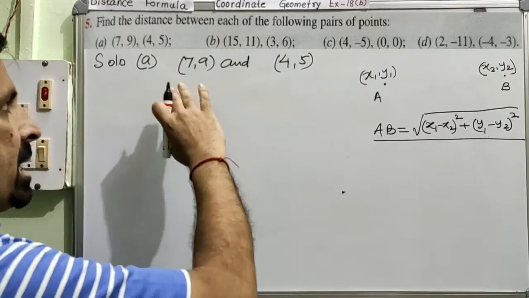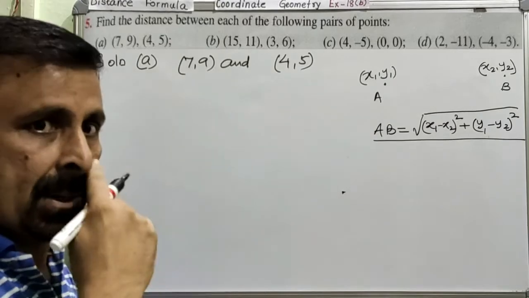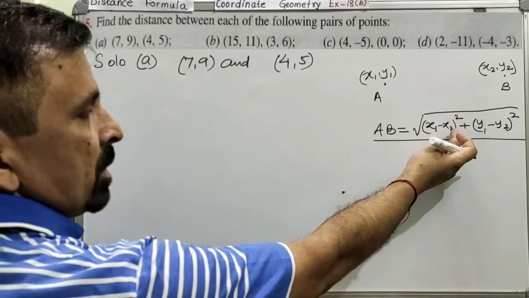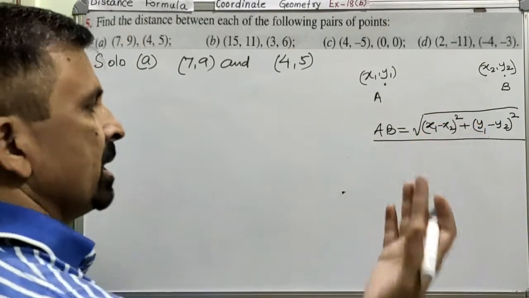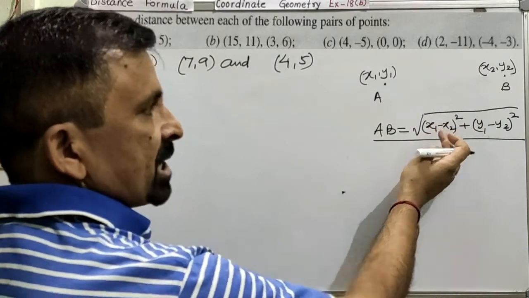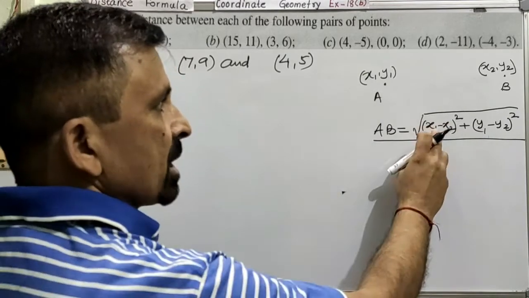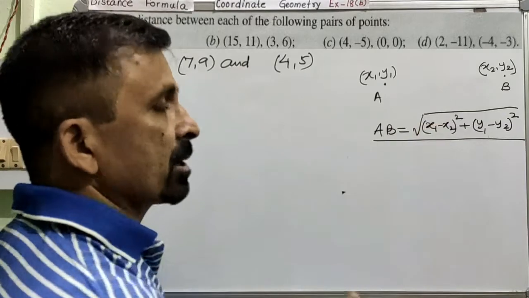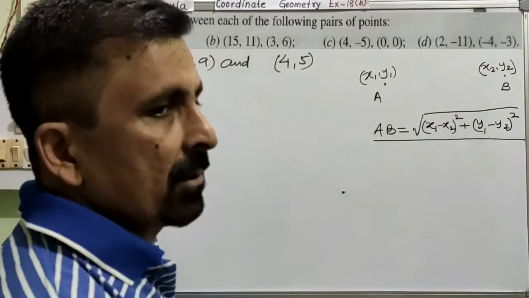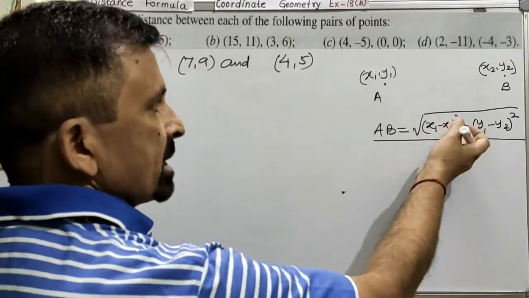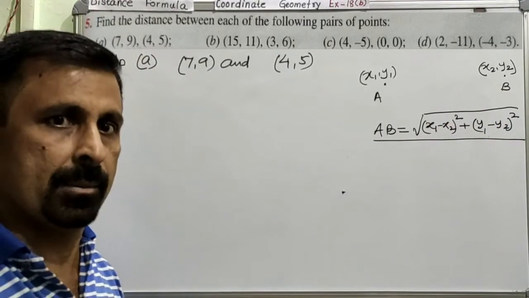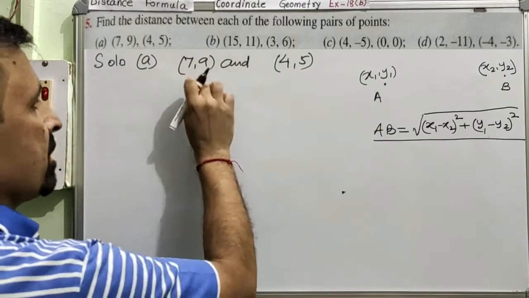Now you have freedom. You can consider anyone as x1, y1, right? Or x2, y2. There will be no difference. In the formula you see here x1 minus x2, but in some books you might see this as x2 minus x1. So there is no problem, right? Because of course the subtraction is not commutative, so the result of x1 minus x2 and x2 minus x1 will not be same. But because you are squaring it, ultimately the result will become same. Whether this is x1 minus x2 or x2 minus x1 whole square, the result will be same. So order does not matter here. Am I very clear?